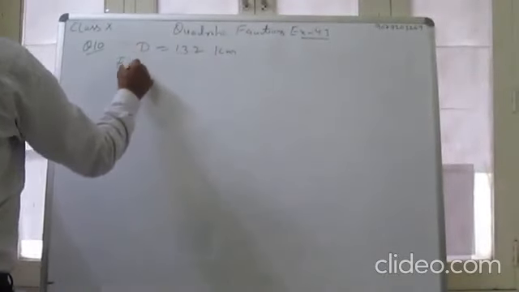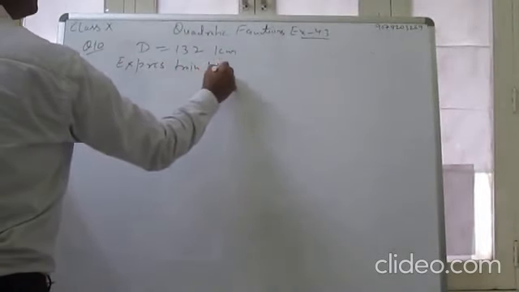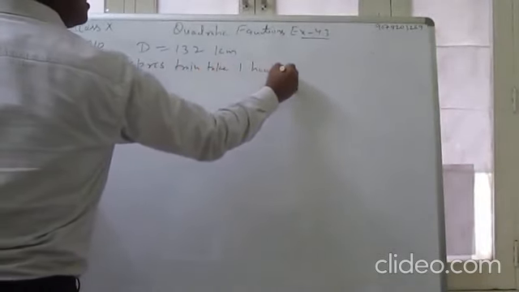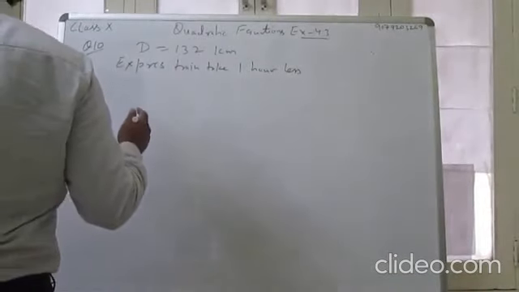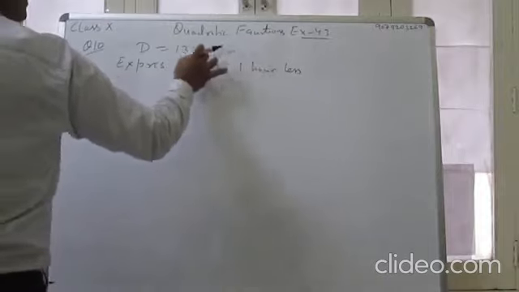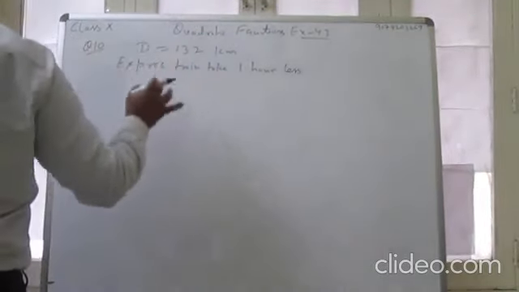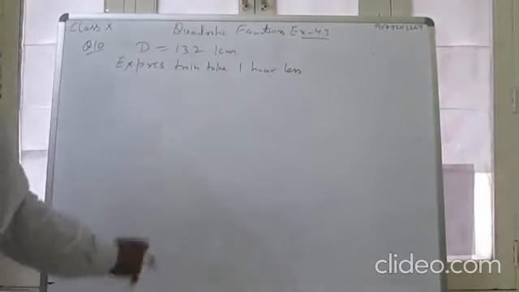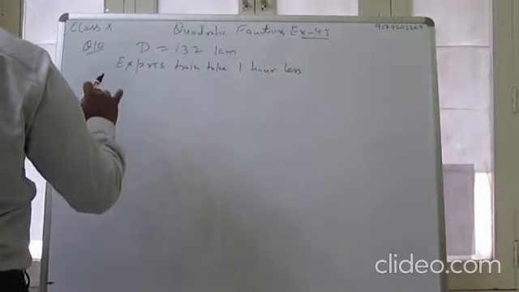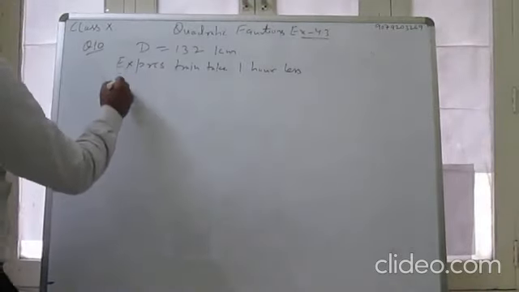An express train takes 1 hour less. Time is negligible between the different stations. If the average speed of the express train is 11 km more than the passenger train, find the average speed of the two trains. Let the